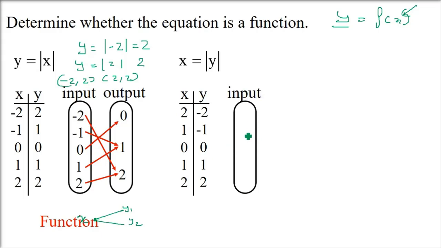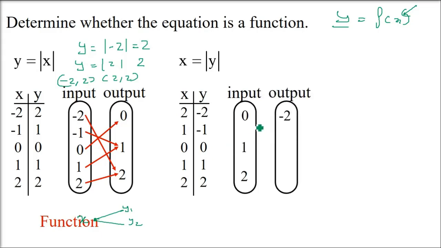How? See, put the value of y here and now find out the value of x. That is, put y as 0. See what you get. Put the value of y as minus 2. You get 2. Put the value of y as plus 2. You'll get 2. Put the value as minus 1. You'll get 1. Y as 1, again x as 1. So now 1 is pointing to minus 1 and 1. 2 is pointing to minus 2 and 2. So now here, a single value is pointing to 2 values.